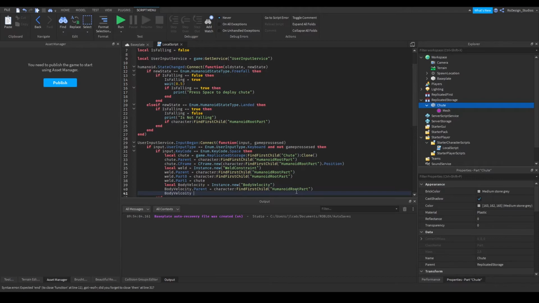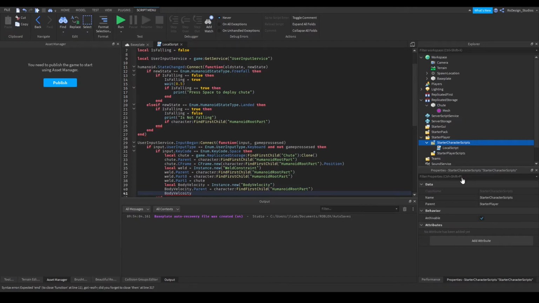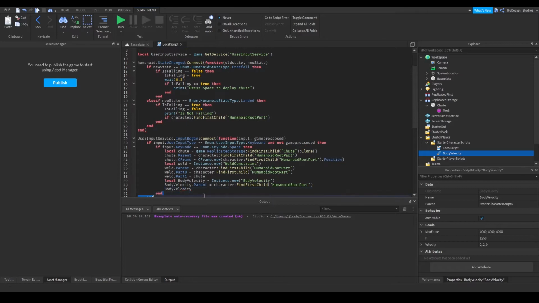Hang on, let me just insert a body velocity here so I can see the properties. Okay, so bodyVelocity.Velocity